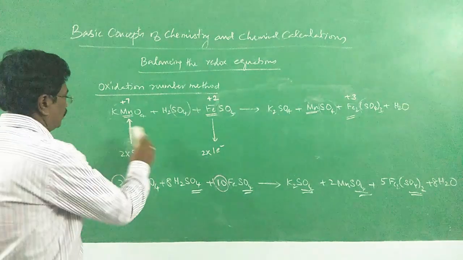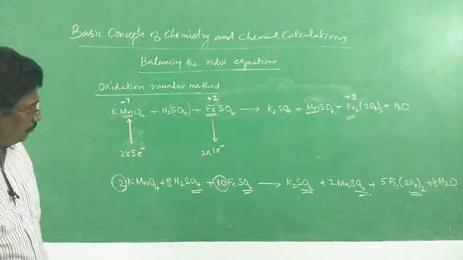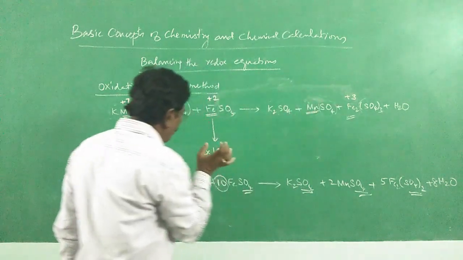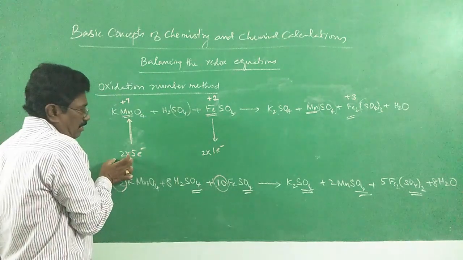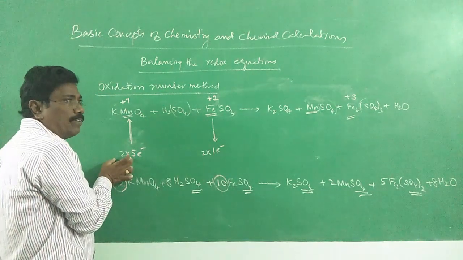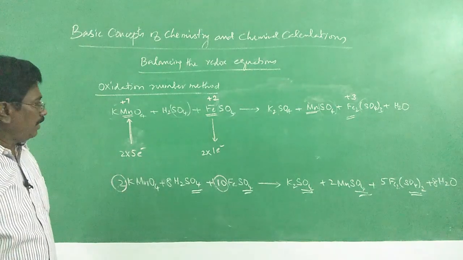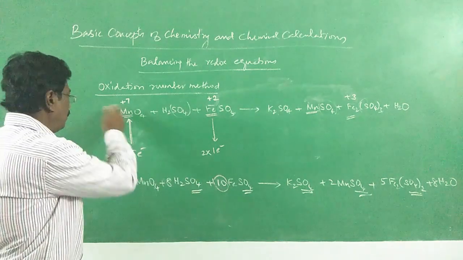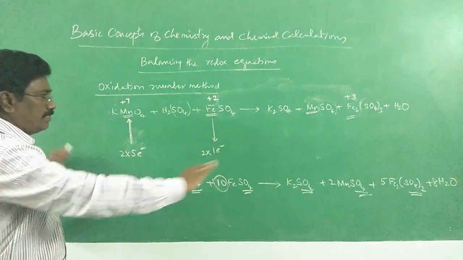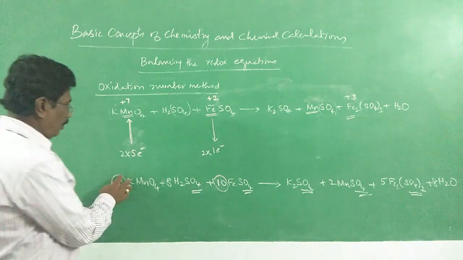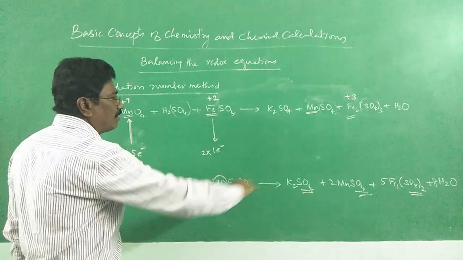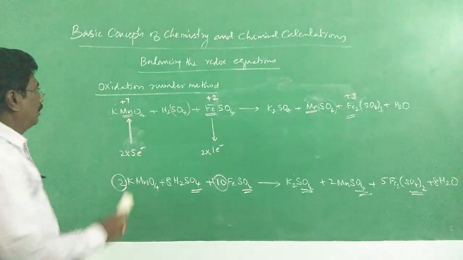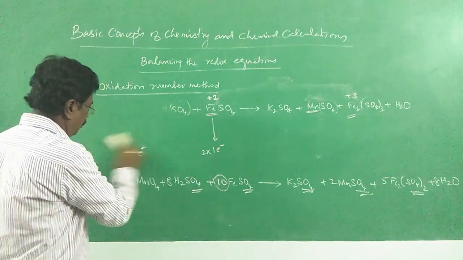I think you might have understood. What for have we introduced 2 times? For 2 iron. When we introduce 2 here, equally on the reduction side also it should be equal in number, and therefore 2. So 2 into 5, 10, 2 into 1, 2. Upon cross multiplication 2 here, 10 there. Yes, we have got 2 and 10. Keeping these 2 constant, we have started to balance and we have got a balanced equation. Now one more equation using the oxidation number method.